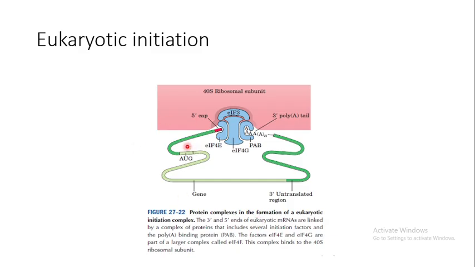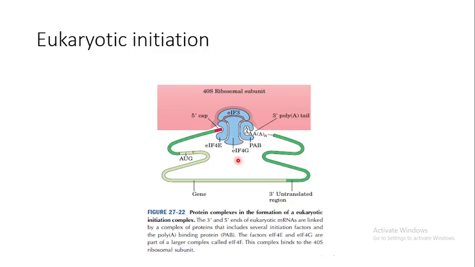So this was for prokaryotic initiation, but for eukaryotic, things are quite a bit different. As you know, in the eukaryotic mRNA there is processing: one of them is the 5' capping, splicing of the introns, and poly-A tail addition, right? This is your eukaryotic mature messenger RNA which has a 3' poly-A tail. This poly-A tail can bind to the poly-A binding protein, or PABP, right? Which can interact with eIF4G.